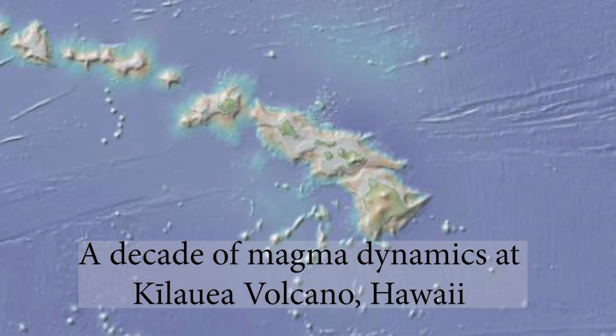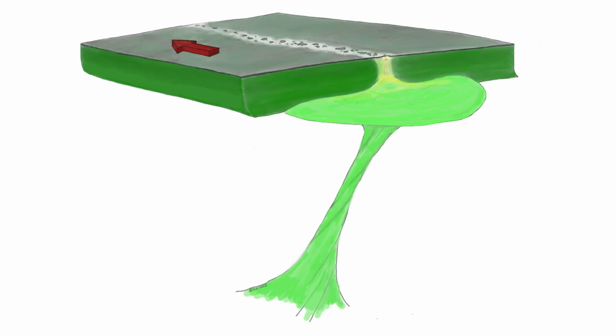The Hawaiian island chain is the surface expression of a deep mantle plume impinging on the bottom of the Pacific Oceanic Plate. This mantle plume has produced volcanic ocean islands for about 80 million years as the Pacific Plate translates. It currently supplies active volcanoes on the Big Island of Hawaii, illustrated here based on seismic tomography of the upper